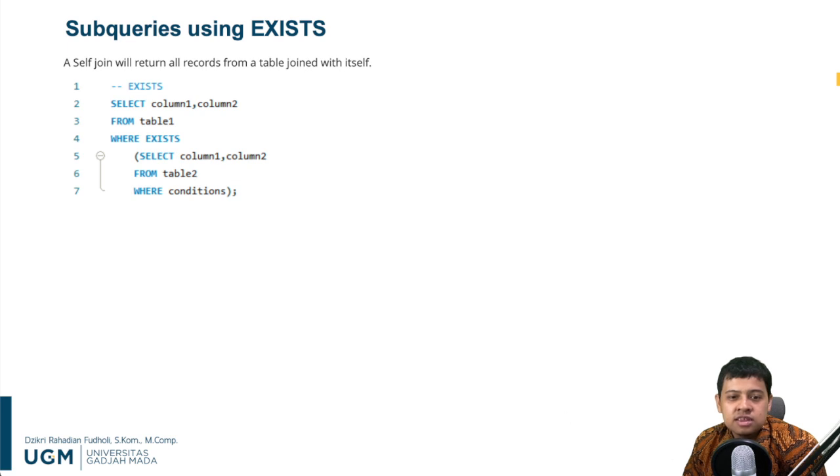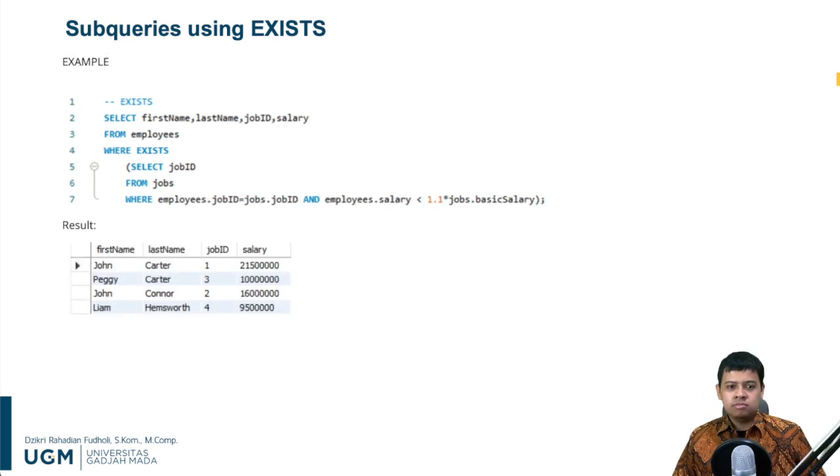Okay, let's see the example. SELECT first_name, last_name, job_id, salary FROM employees WHERE EXISTS (SELECT job_id FROM jobs WHERE employees.job_id equals jobs.job_id and the employee salary is under 1.1 times the job's basic salary). We must understand the subquery first. We select the job ID